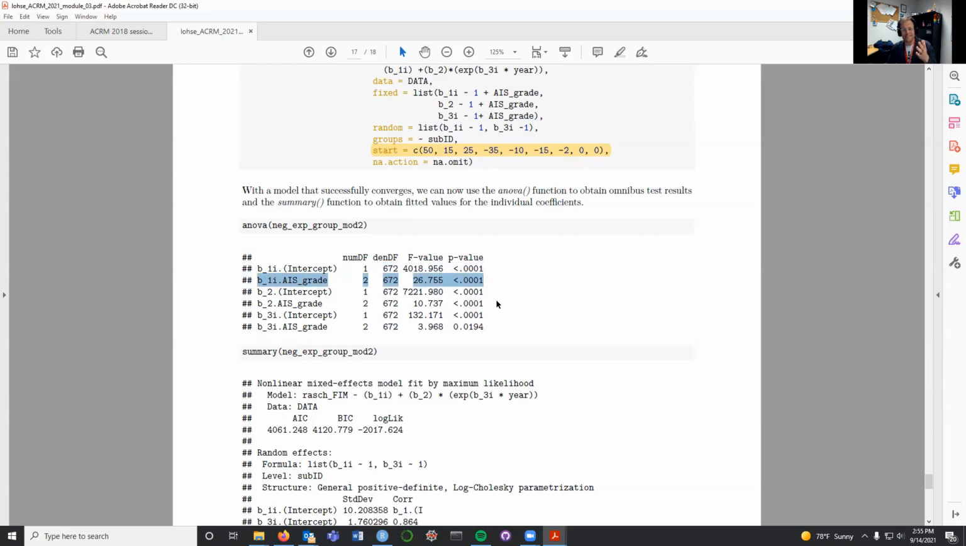Is there a statistically significant effect of AIS grade on the asymptote? It looks like our groups do indeed differ in where they asymptote. Is there a statistically significant effect of AIS grade on the change parameter? It looks like there is, suggesting that as those asymptotes get higher, it's not just that the intercepts correspondingly get higher, because then the change parameter would stay the same. But in each of our groups, as the asymptote changes, the magnitude of the change is also